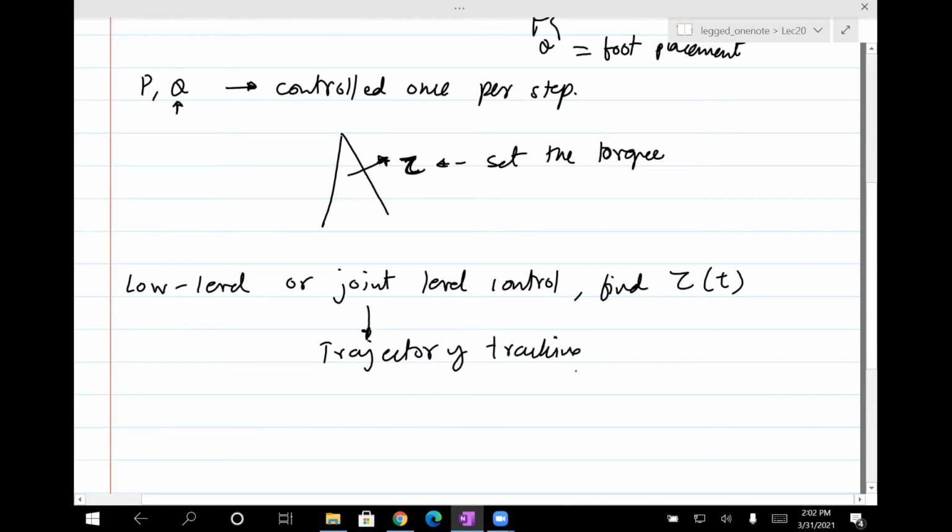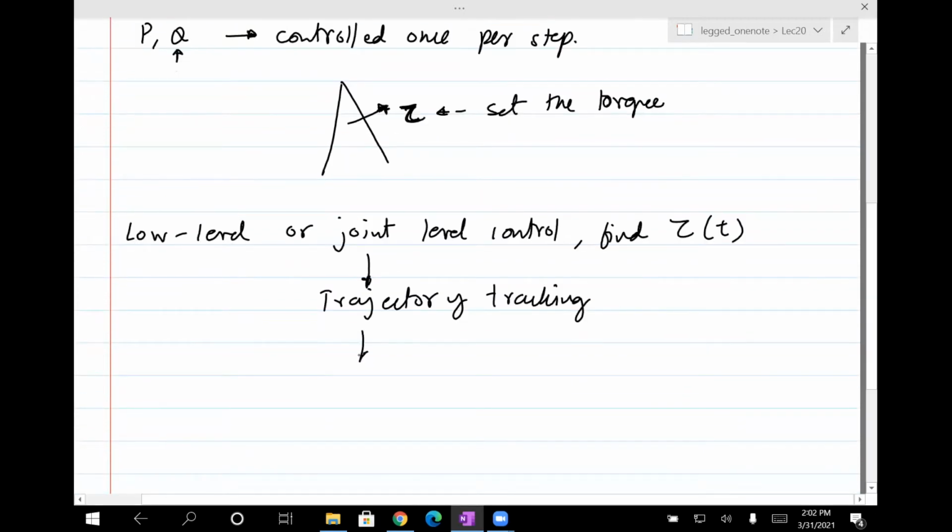By the way, this is just one way of controlling the system. There are other ways to do it without using trajectory tracking, but we are only going to talk about trajectory tracking. We saw we have to track the trajectory. We could do a PID, or we could do what is known as control partitioning. Control partitioning is favorable because we don't have to think too much about controlling the torques. We can just put kp, and kd equals 2 square root kp, and then put the model, and then it will perfectly